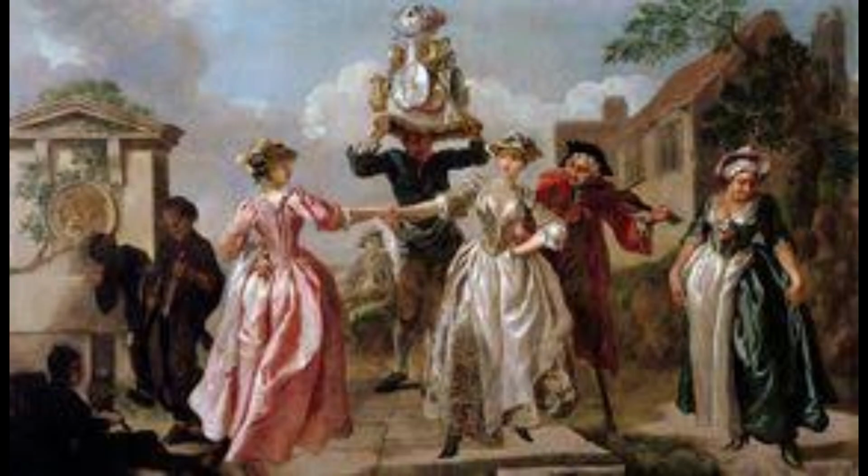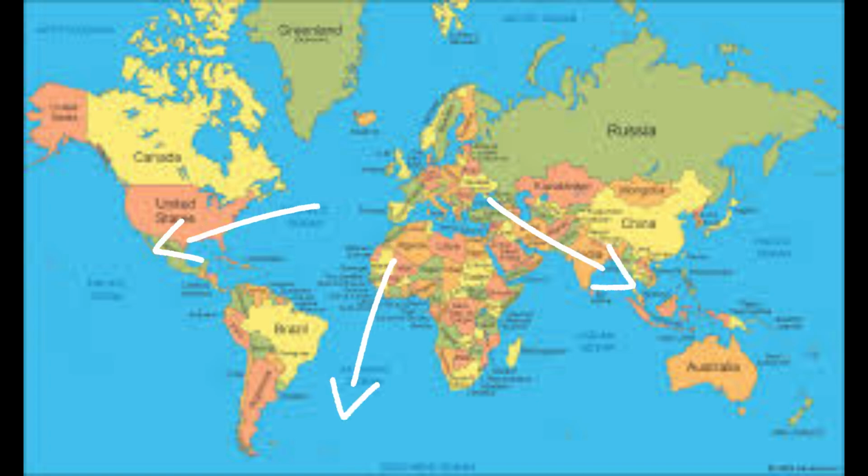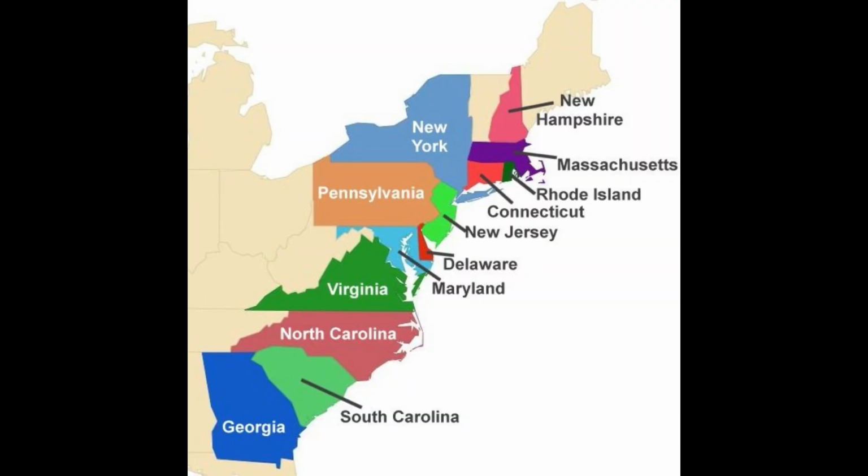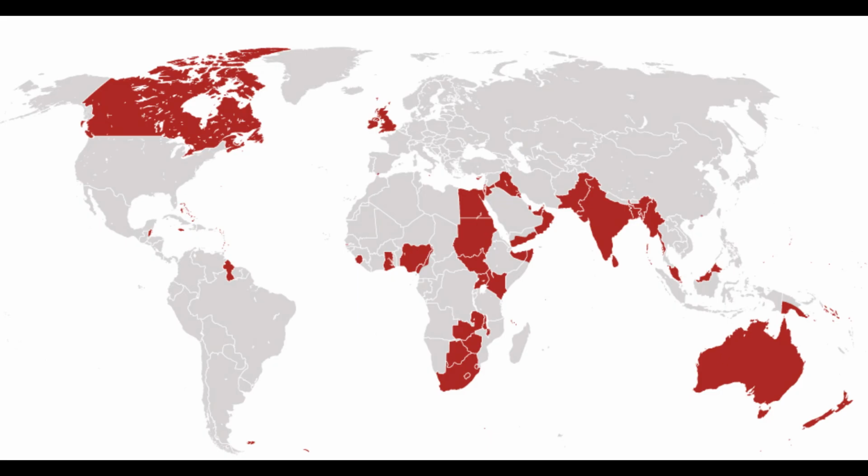Now, in 1714 to 1830, we have the Georgian era. At this time, the British Empire expands significantly, and the Industrial Revolution began, so everyone just gets a bit rich. It's pretty good for England. However, in 1775 to 1783, we have the American Revolution, where Britain loses its American colonies, but it's kind of fine because we still have most of the British Empire.